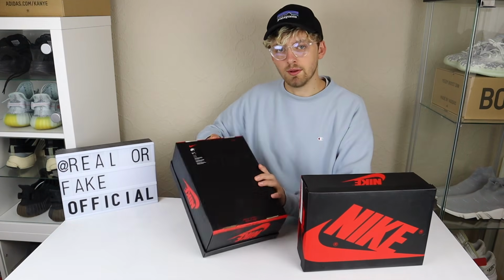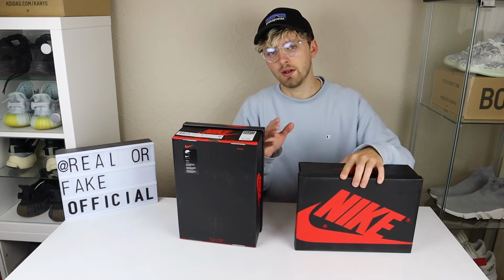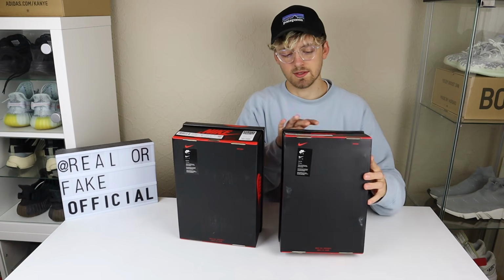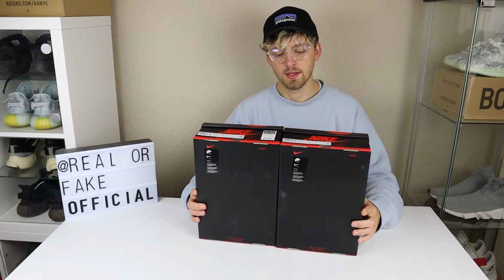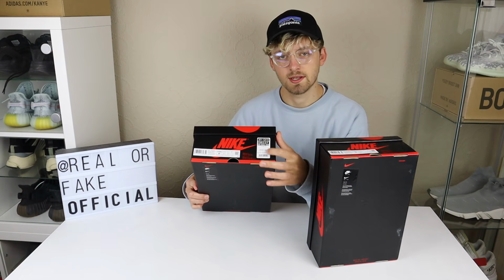On the retail one, if we look at the bottom, it has that Nike sticker on the bottom. Unlike my last video, the fake one also has this sticker on as well, so they've done a very good job of that. In terms of labeling, the retail one obviously has this retail sticker, so if you're from the UK, you know where that's from,